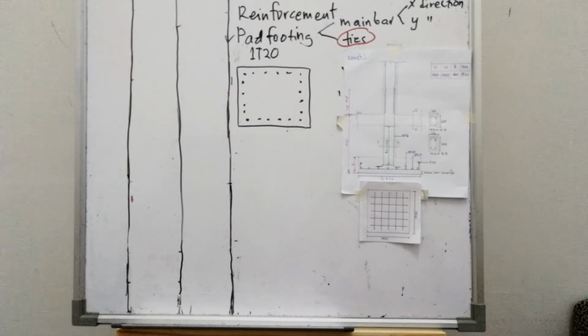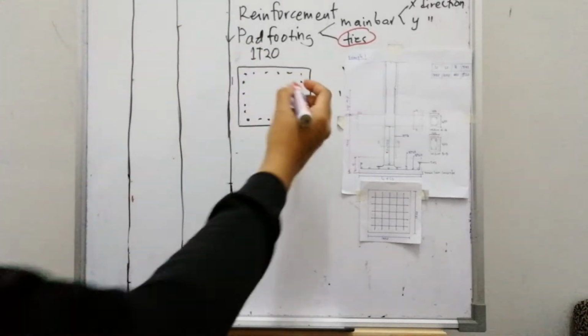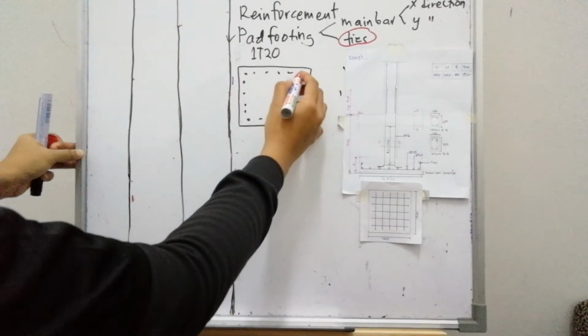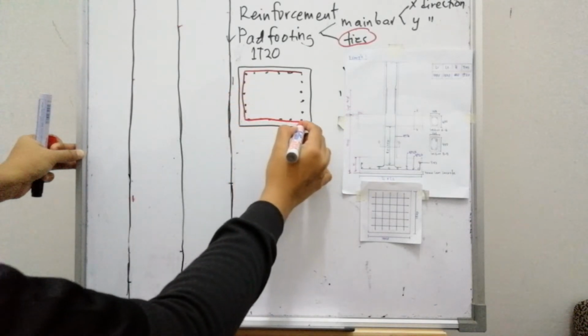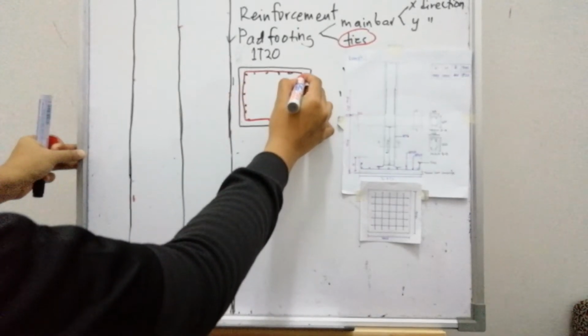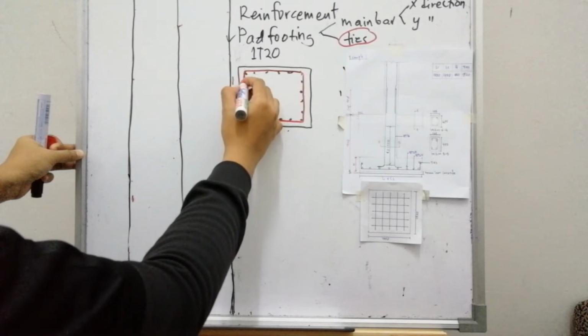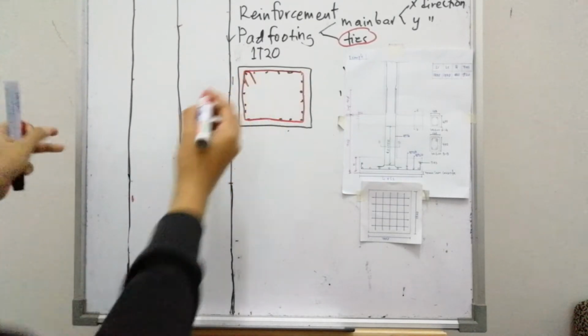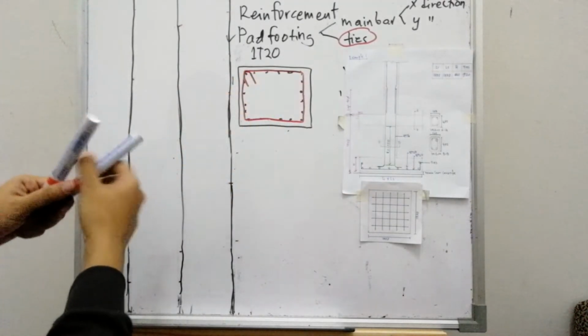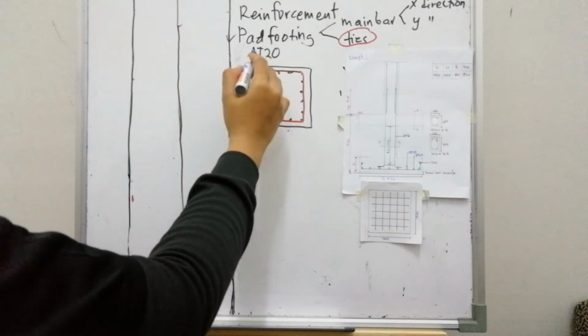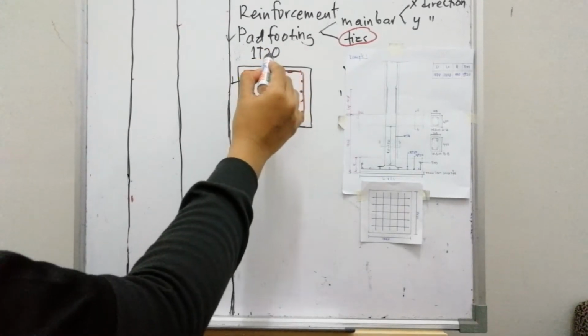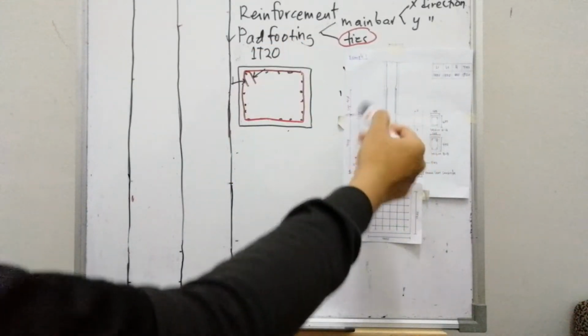Okay, now we will do the taking off for the tie. So this is your tie. The tie basically ties the band of both the main bars in the x and y direction, and it consists of this hook or anchorage. And if we look here, the detailing for the ties in this drawing